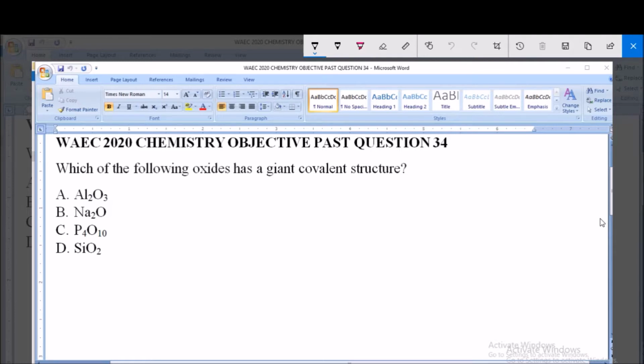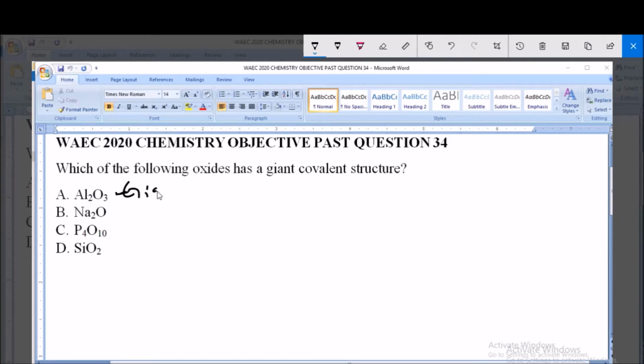Which of the following oxides has a giant covalent structure? A. Aluminium oxide, B. Sodium oxide, C. Phosphorus pentoxide, D. Silicon 4 oxide. This is silicon 4 oxide. So